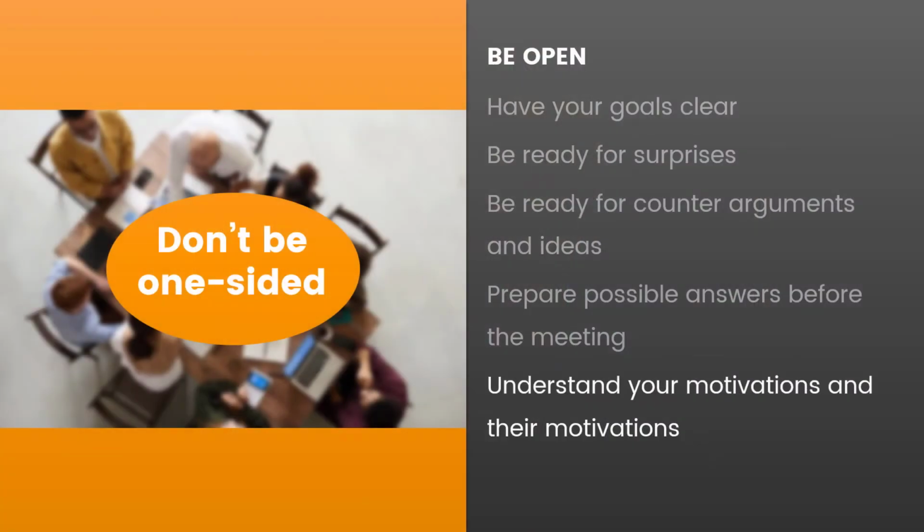Okay, and understand your motivations and their motivations. Obviously it's easy to understand what motivates you, but if you can understand their motivations, then you're much more likely to be able to align. And the more alignment you can get with your objectives and their objectives or motivations, the more likely you are to achieve a positive outcome and result. Not always easy, I admit, but if you can get alignment, then you're likely to close the deal or get buy-in or get that golden yes from the decision maker.